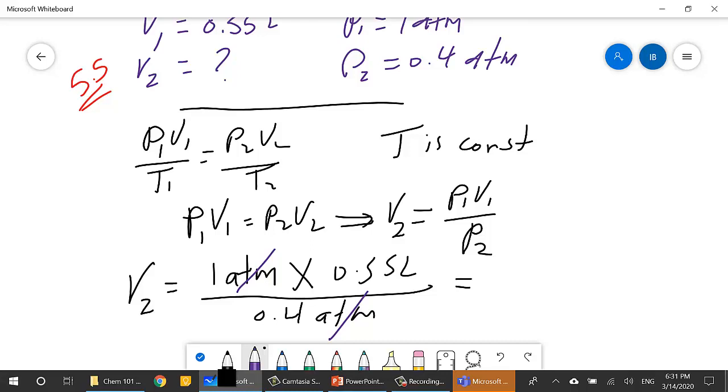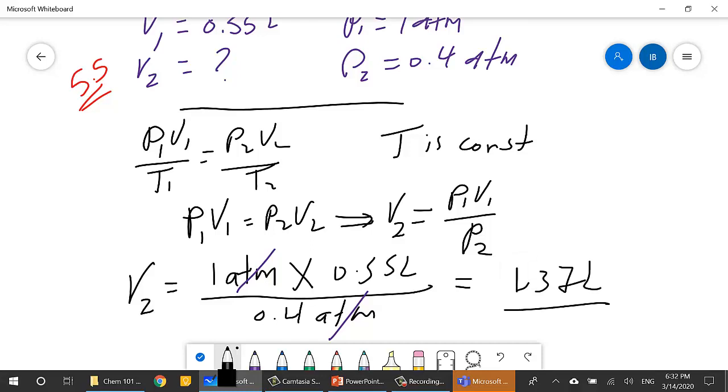If P1 and P2 are in atmospheres, you don't have to change them to anything else. If you are given pressures, let's say in torr, you don't actually have to convert them into atmosphere, because they will cancel out. This is just like the dilution problem, if you remember from chapter 4, M1 V1 equals M2 V2. There is no need to change the units here, and you just plug in the numbers, and you will have an answer which is 1.37